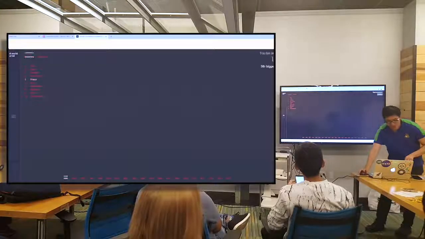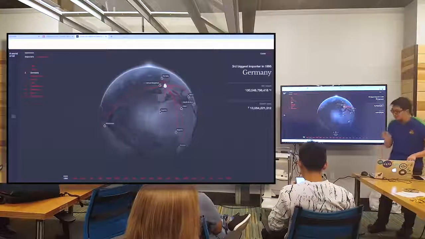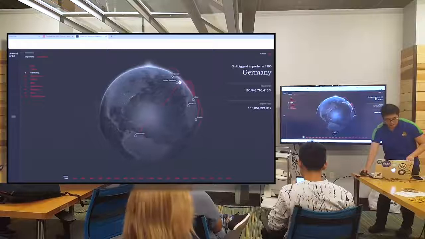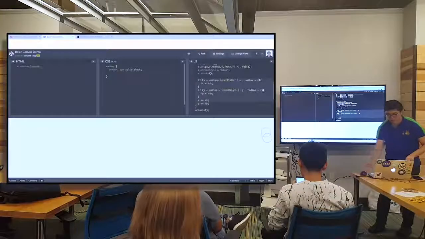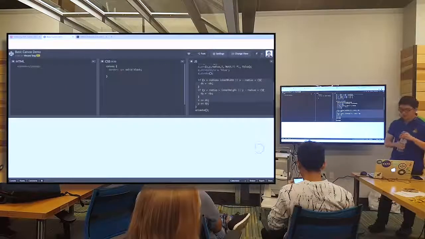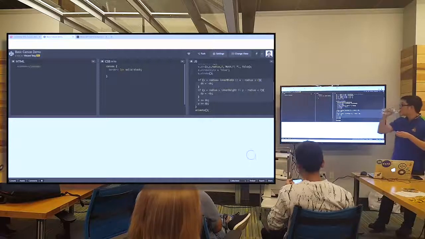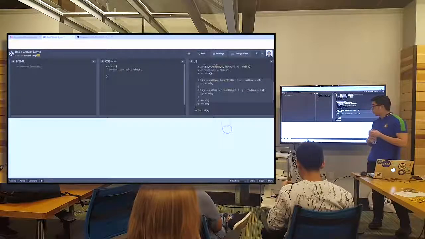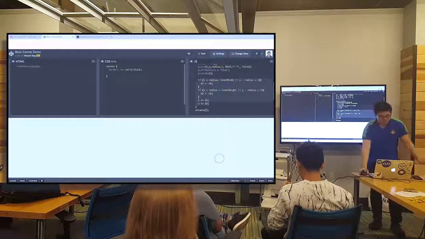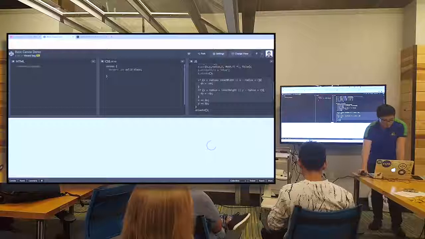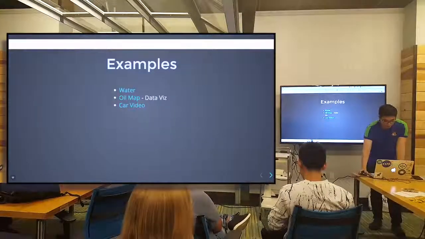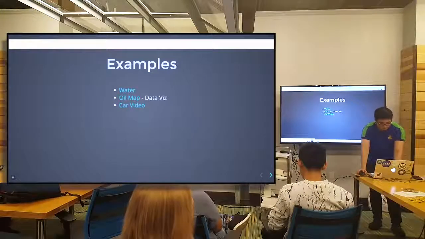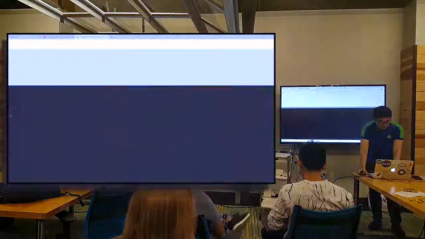If I turn this off, hopefully it'll slow down. Actually, before I do that, let me turn off everything. I want to see if it turns off or not. Let me get a drink of water while I'm at it. Yeah, it's interesting. Going back to the other examples, you've got